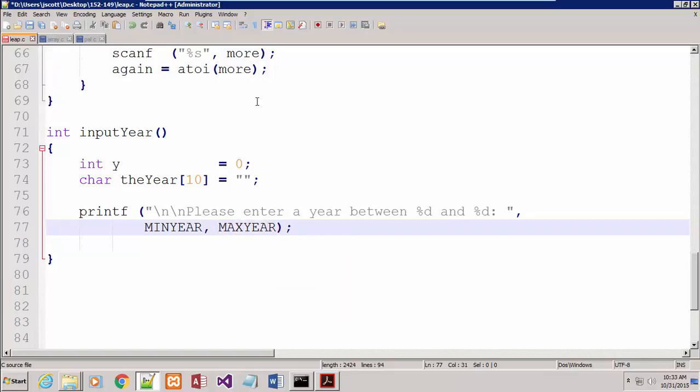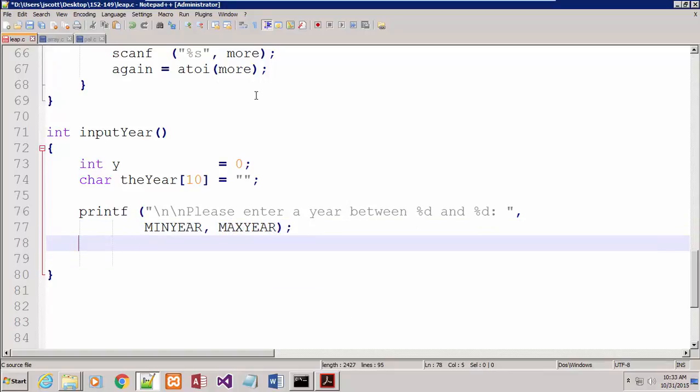All right, so that should say up on the screen, please enter a number between 1 and 1 million. And then we're going to read it in. But we're going to scan that, and we're scanning it into a string. So we're putting it into the year. Then